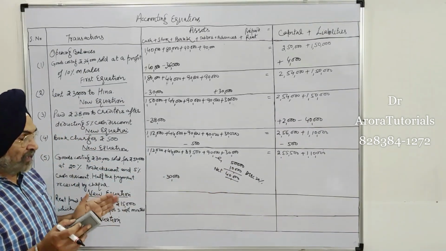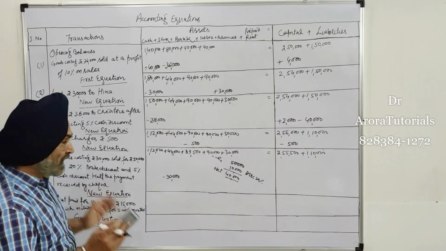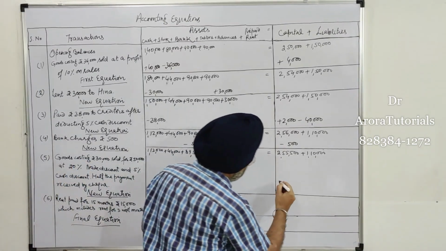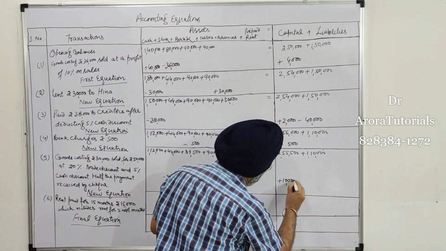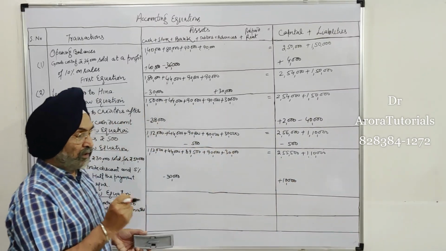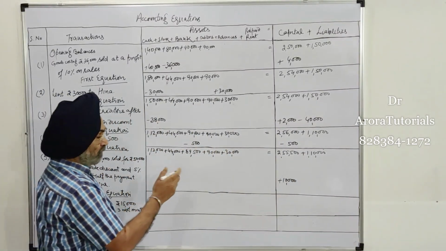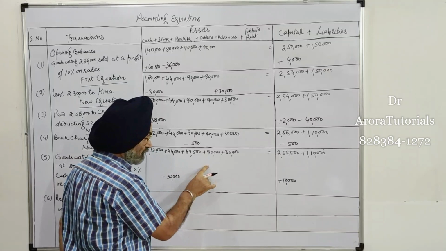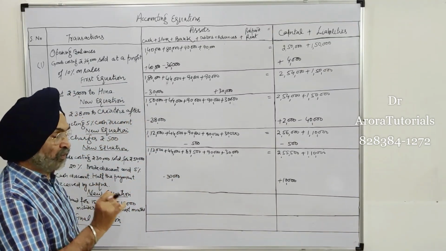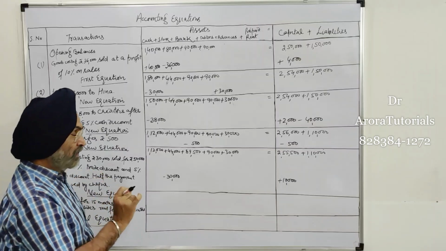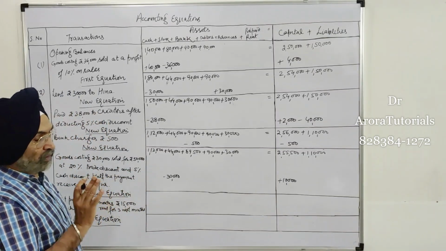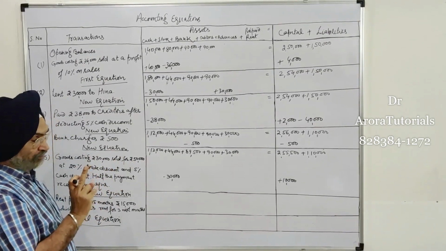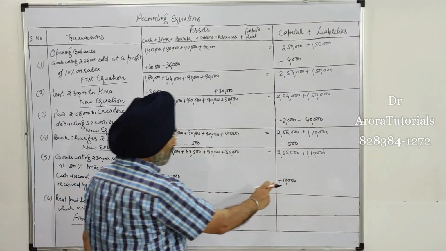That means 10,000 profit has been added. Because 10,000 profit has been added, so profit will be 10,000. Here one thing you have to remember, trade discount we deduct from MRP, from list price, from catalog price, from sale price, but trade discount is not shown anywhere. That is simply deducted from the sale price, not to be shown anywhere. So 30,000 is the cost, net sale price is 40,000. So 10,000 is the profit.